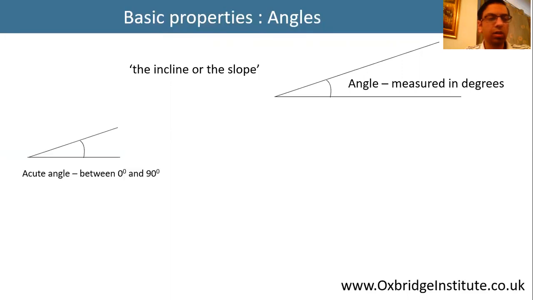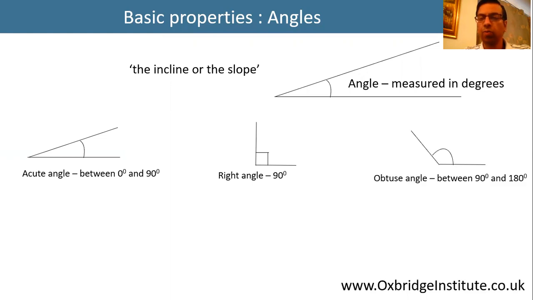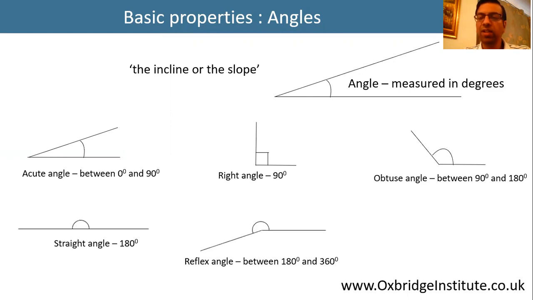Let's go into those. Firstly, we have an acute angle. An angle between 0 degrees and 90 degrees is called an acute angle. A right angle is exactly 90 degrees. An obtuse angle lies between 90 degrees and 180 degrees as shown in the image. A straight line is always 180 degrees. Then we have a reflex angle, which is between 180 and 360 degrees. And a full circle is always 360 degrees. So remember these definitions because they might be important from an exam point of view.